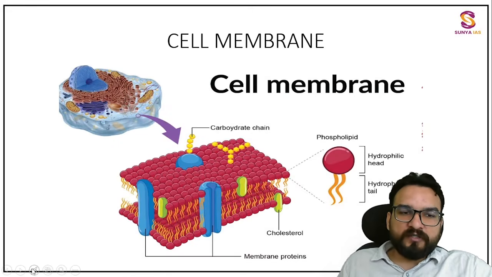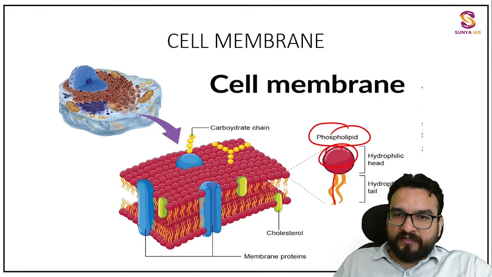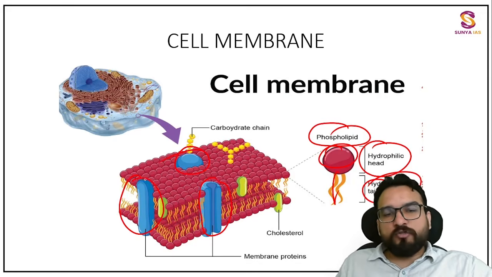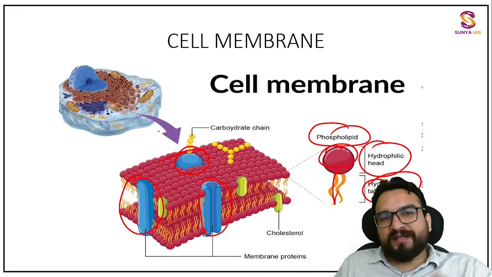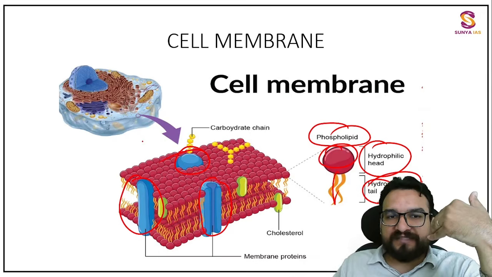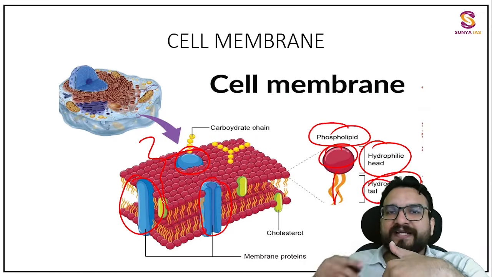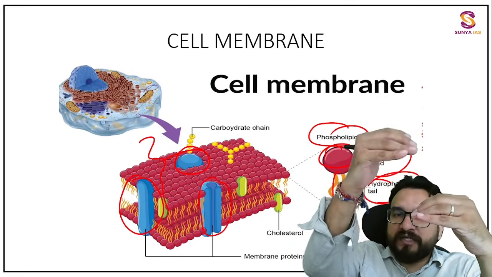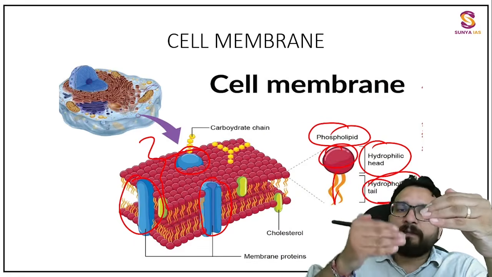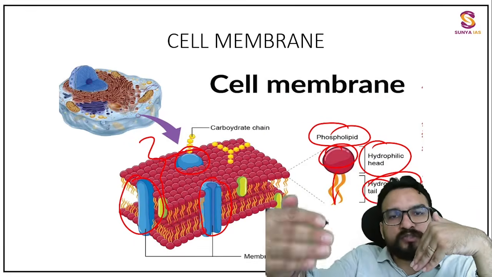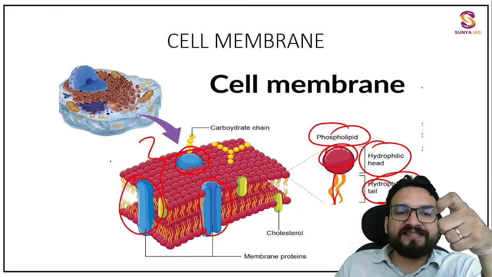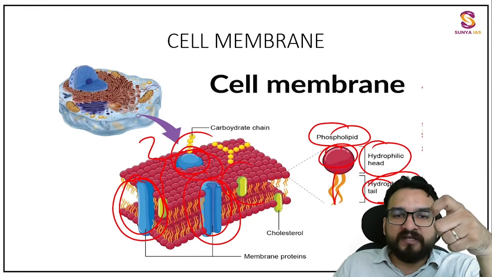Now you see this particular part, the phospholipid, connected with the hydrophobic tail. Over here, one more thing you will be finding is that these are protein structures. These proteins are there basically for the selective membrane, that means this membrane has the capacity to pass certain chemicals inside and outside the cell. Again, listen, this particular layer has the capability to let certain materials pass from outside the cell to the inside and from inside the cell to the outside. Selective permeability is there. How is this selective permeability coming? Because of the enzymes, because of the proteins which are present over here, which are acting as channels.